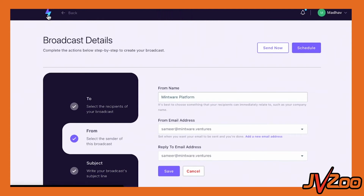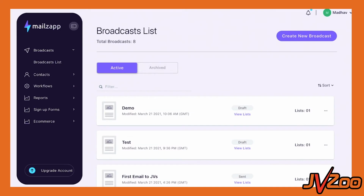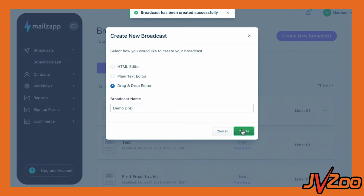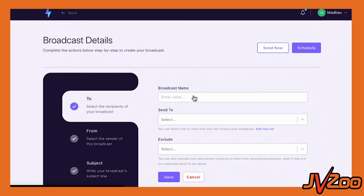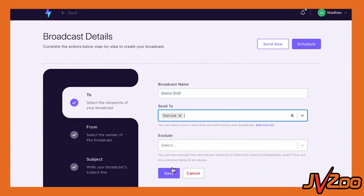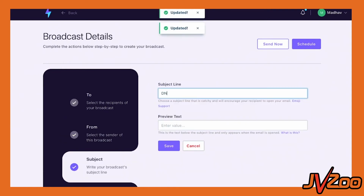Okay, so this is this option. I just wanted to quickly show you one more thing here before we move on to contacts. Plain text is pretty easy, so let's show you the drag and drop builder, because this is a demo. Let's call it D&D drag and drop builder. So the broadcast has been created successfully. Yeah, so the exact same steps: broadcast D&D, send to test list, don't exclude anyone, and the same things again: D&D, and then